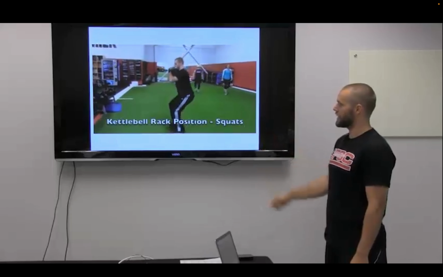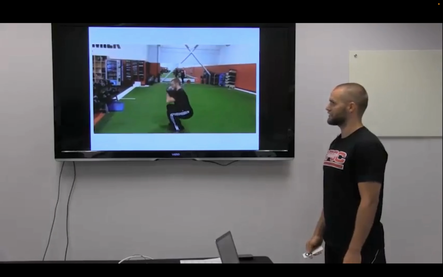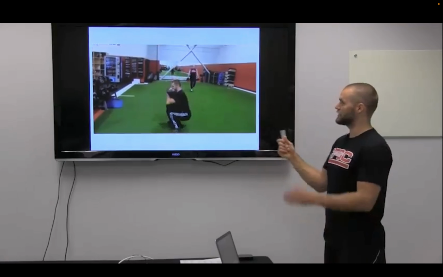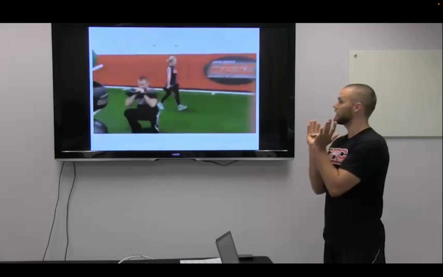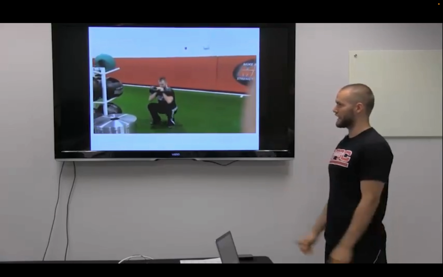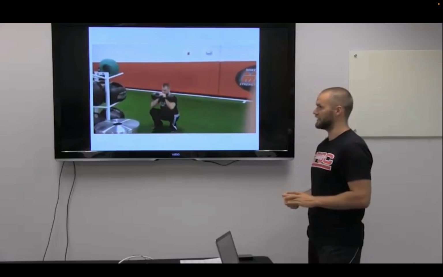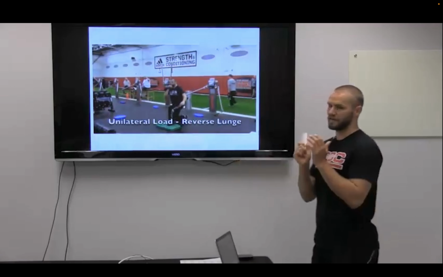And then we have kettlebell rack position. That's 2 24 kg kettlebells, just so you all know how strong I am. And putting things in goblet position like that can almost make people squat better. For people that have trouble squatting body weight, putting a load that tilts them anteriorly forward can clean up that pattern. And I personally squat a lot better with weight than I do body weight.